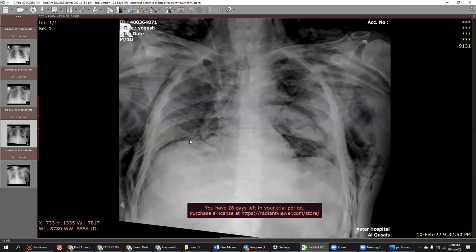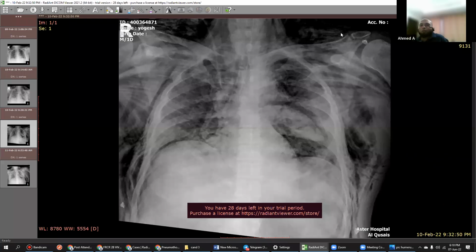I think there is soft tissue noted in the left hilum, suspecting partial or complete collapse of the left upper lobe due to the malpositioning of the ETT. Yes, that you have to mention. You should not miss that lung collapse.